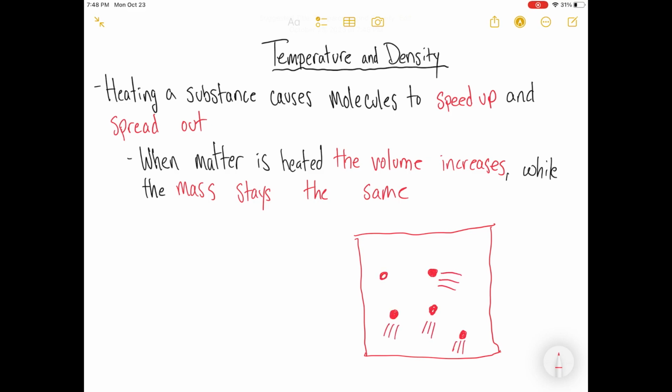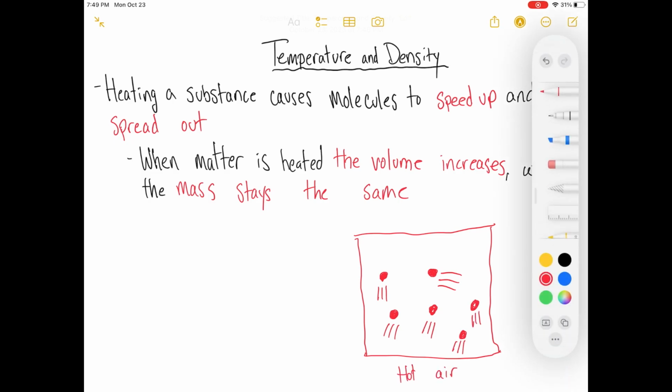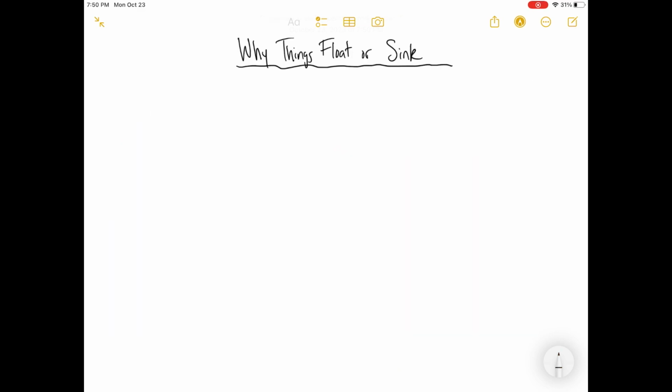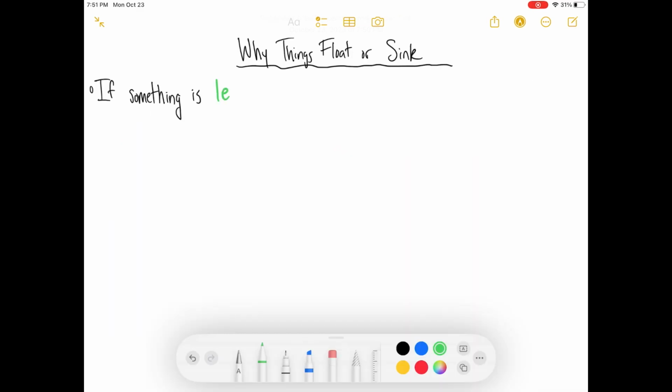And that is why cold air is denser than warm air and cold water is denser than warm water, because of this relationship. Basically, hotter objects are less dense because they are taking up more volume, and colder objects are more dense because they are taking up less volume. It's kind of interesting and kind of weird, all at the same time. This idea of cold water sinking in warm water